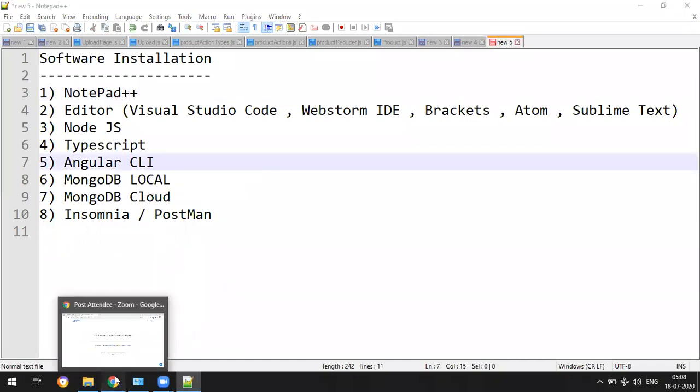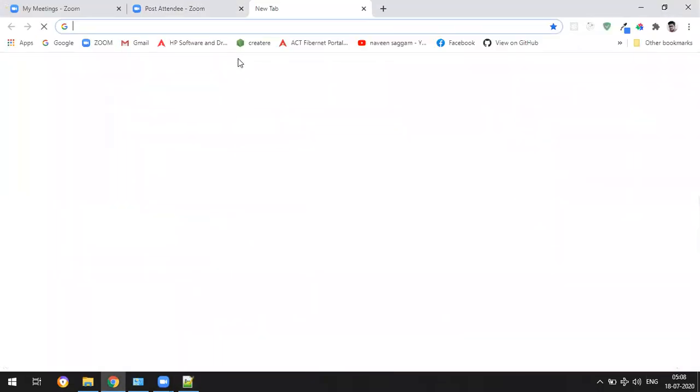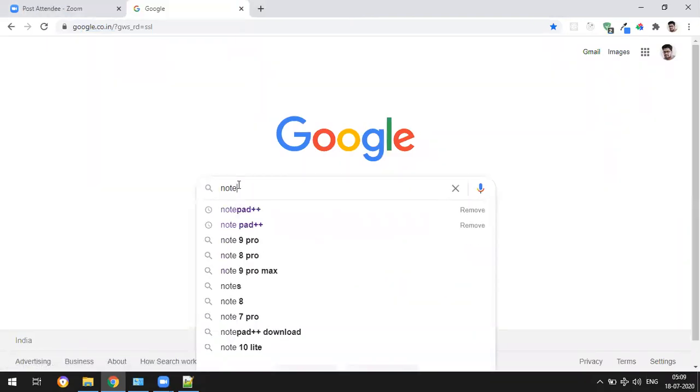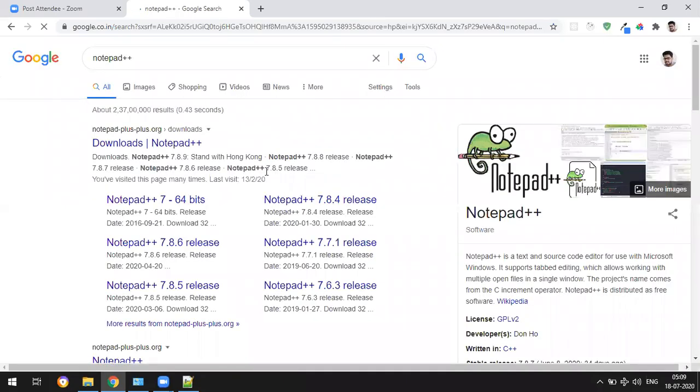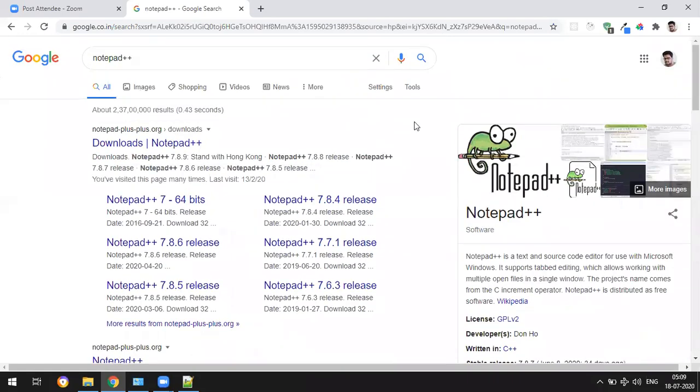Let me start with Notepad++. I can go to Google and type Notepad++. This is the official logo here. Just click on downloads.